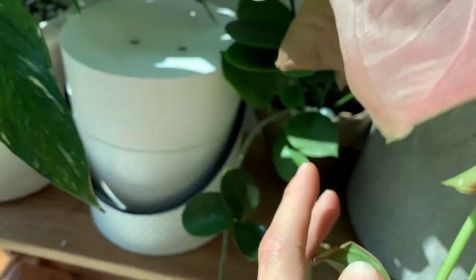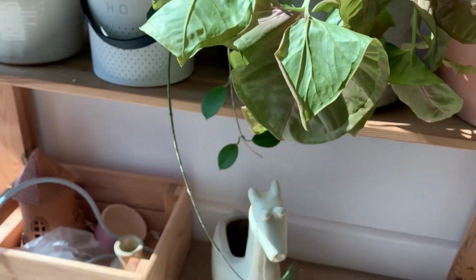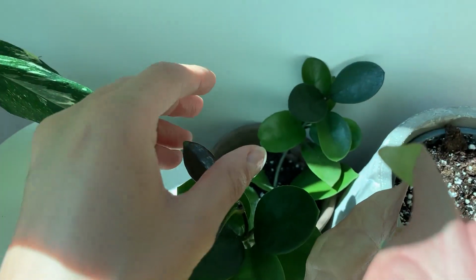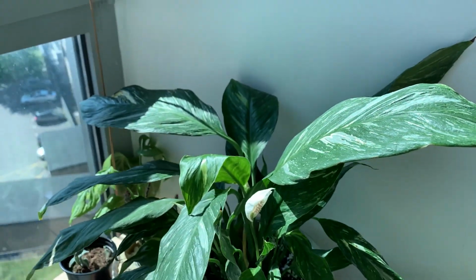And then here I have my Hoya australis, which is looking super cute there. But yeah, that's just a nice little Hoya I've had for a while, and it's doing well with the new growth. And then here I have my